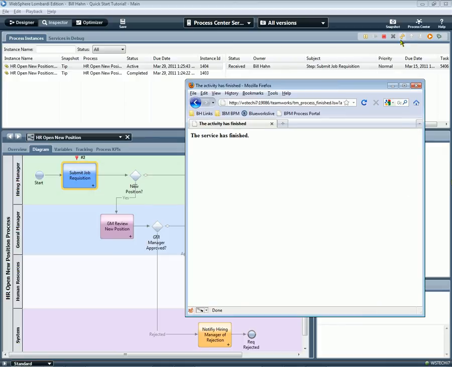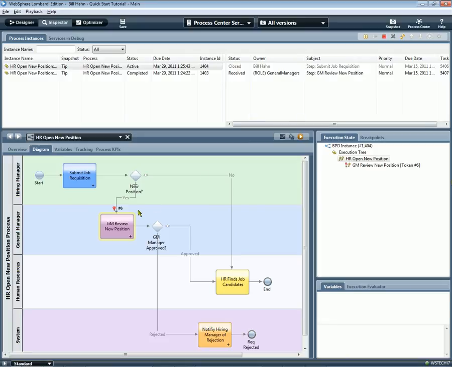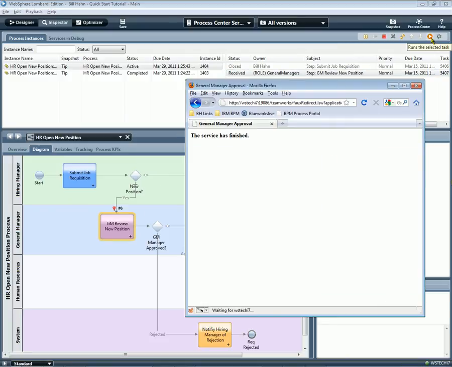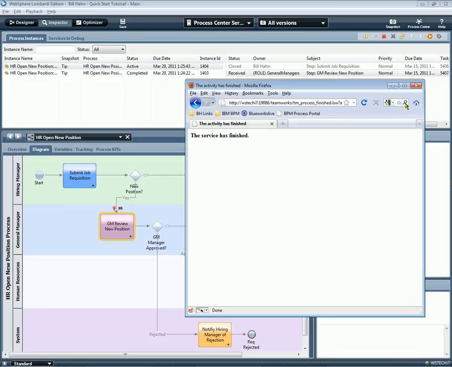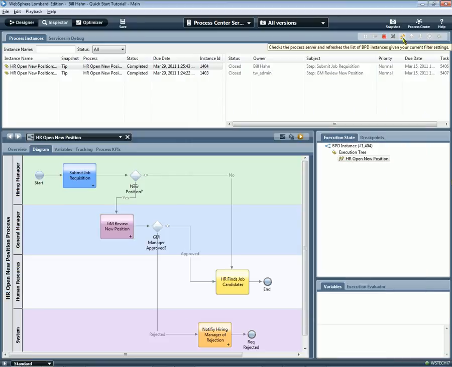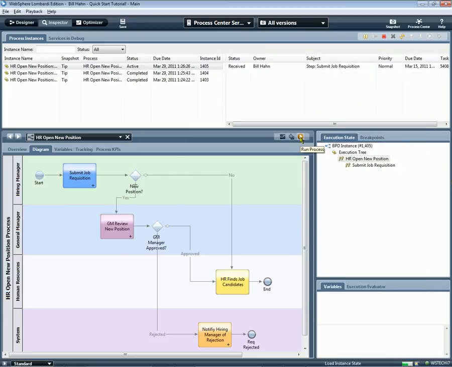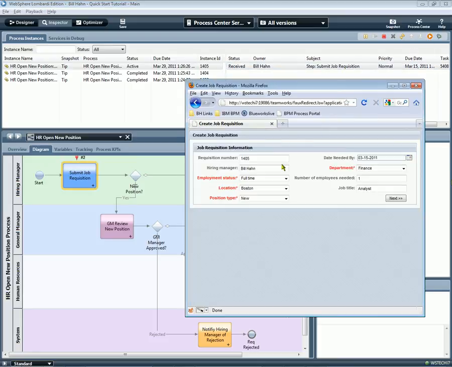And once a hiring manager submits a part-time request, the general manager will review it. The general manager sees that it's a part-time request and is more inclined to approve it. And now once the general manager approves it, we think it went down the approved path, and we'll prove that in a few minutes. Now let's run a third instance through the process, and this time we'll make it an